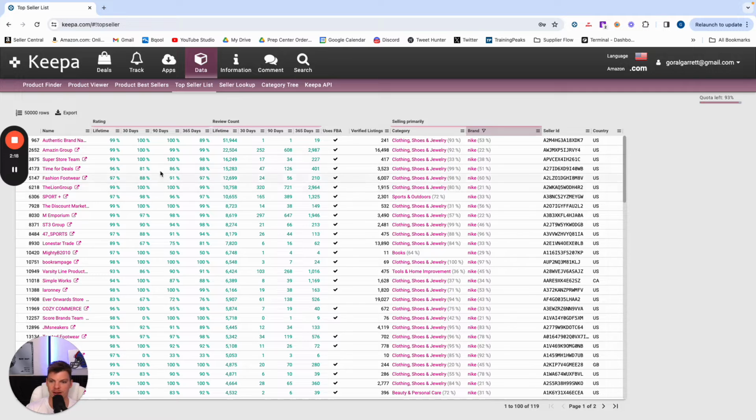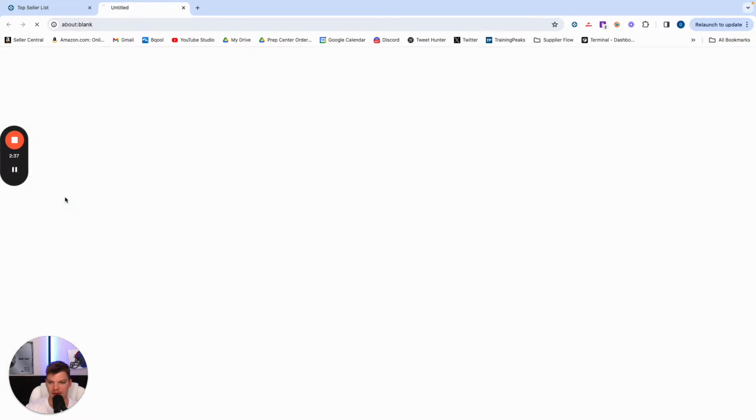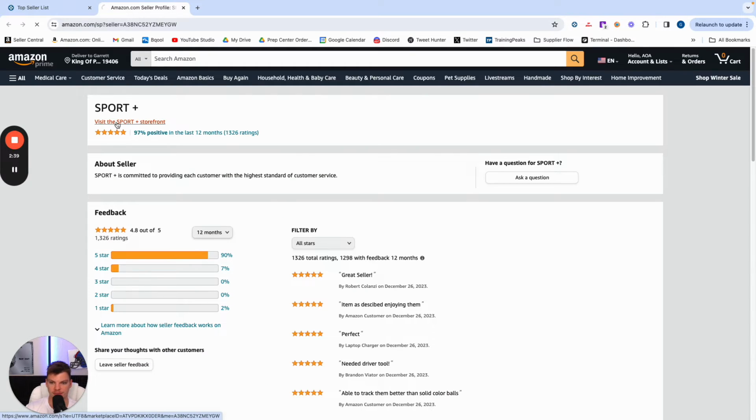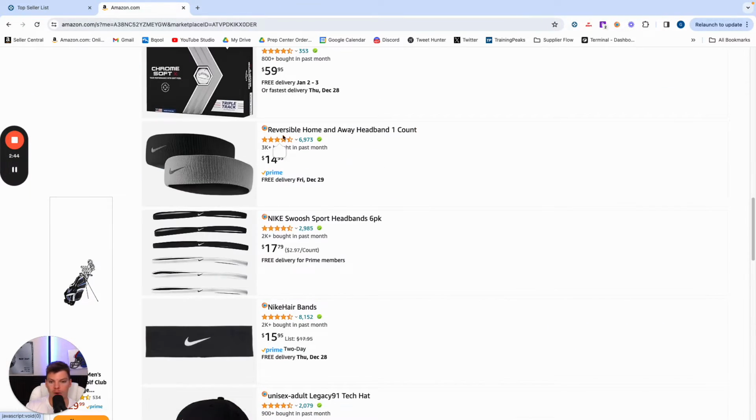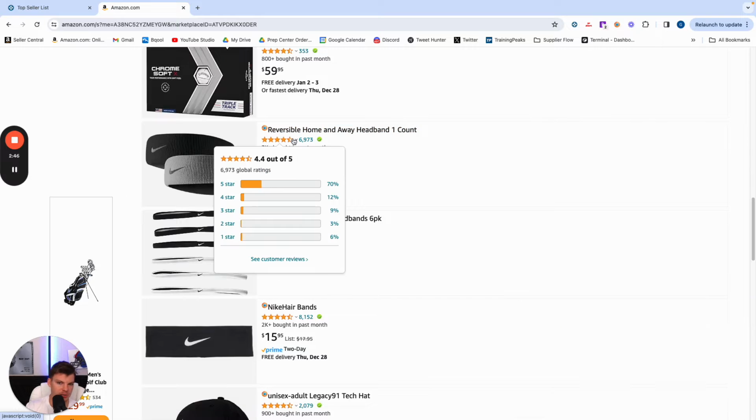So if we click, we see all sorts of data like lifetime reviews, ratings, that sort of thing, right? So we can start to identify maybe the size of these particular sellers, right? We see the number of listings right here. We can see the amount of reviews some of these sellers are getting, and you can see the percentage of someone's catalog that corresponds with Nike, right? But if we start to click into any of these actual products, we are going to see pretty quickly a whole bunch of Nike products that we can start to reverse from,